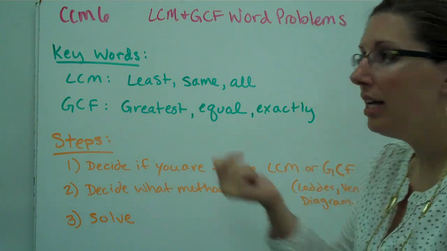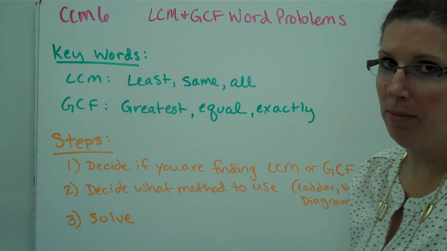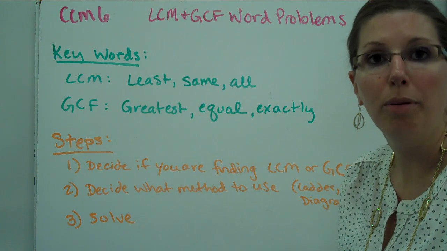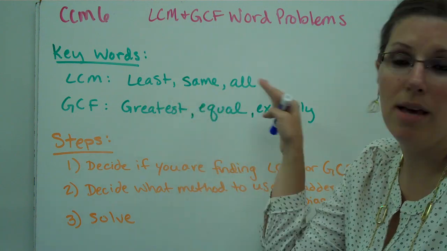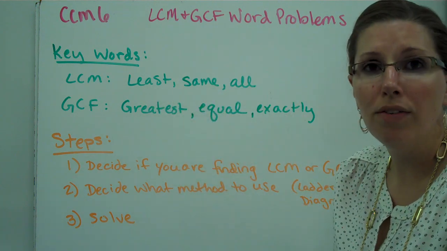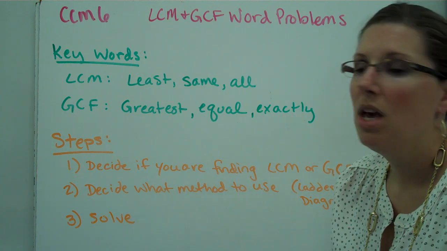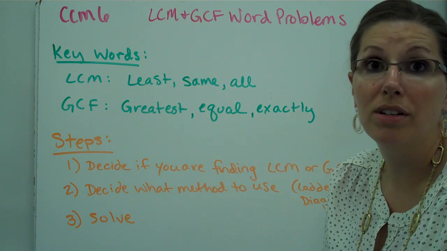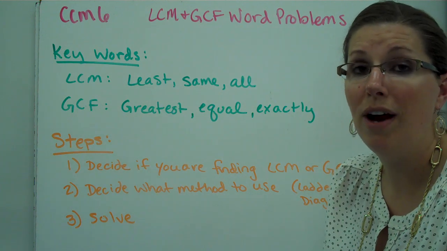Hi, today we're talking about CCM6, LCM, and GCF word problems. Some key words that you'll see in the word problem when you're reading them might be least, same, and all. All of those words are pertaining to finding the LCM. If you see greatest, equal, or exactly, those words are keywords for you and should signal you to find the